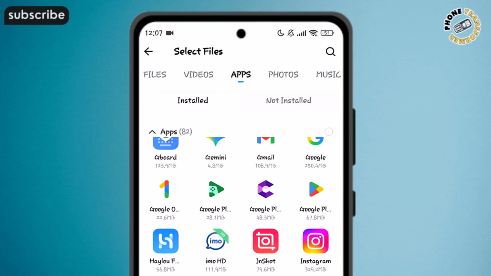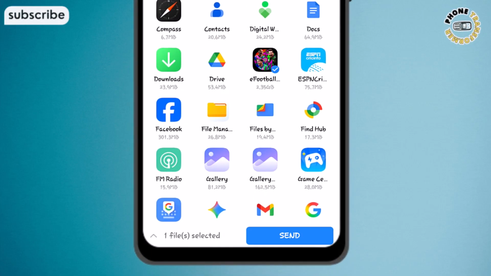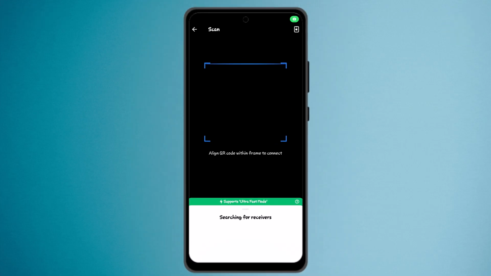Step 4, tap the send icon or the receiver avatar to begin. Step 5, open the SHAREit app on the receiving device. Step 6, tap receive. Step 7, accept any permission prompts that appear, such as allowing SHAREit to access the camera